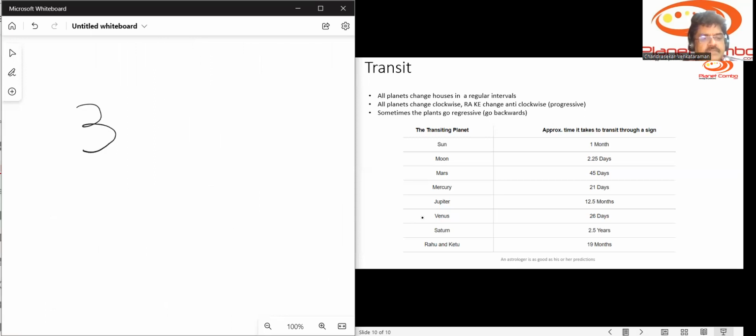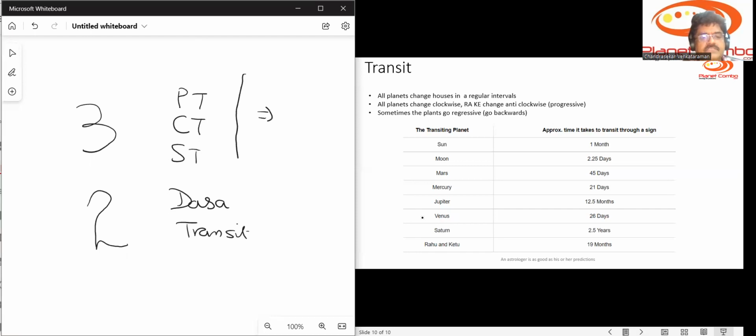3 static subsystems, 2 dynamic systems: planetary table, cuspal table, sign table, dasa, kal chakra, transit movement, all linked to SSS. This is also linked into SSS, will lead to prediction. So I've summarized the entire CP theory in one slide, and over the past videos, we